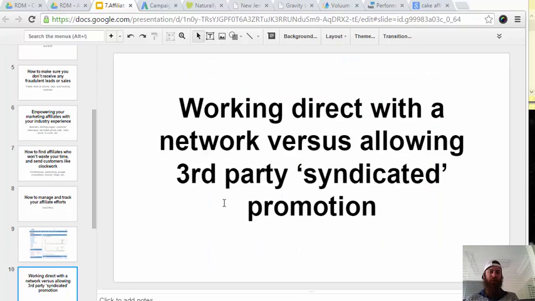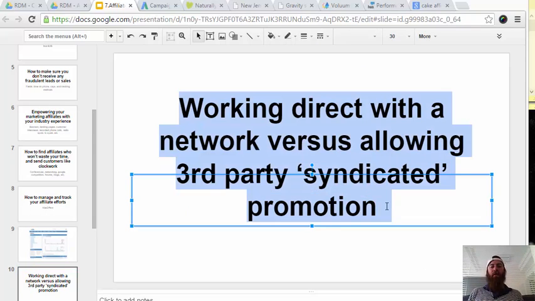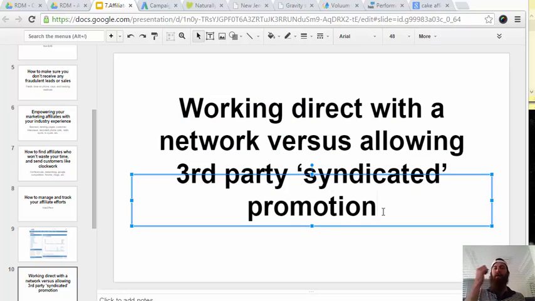Here's a snapshot of Has offers. Now, just to give you a working direct versus allowing third-party syndicated promotion. Now, there are two ways affiliate networks work. Some affiliate networks have a lot of people that